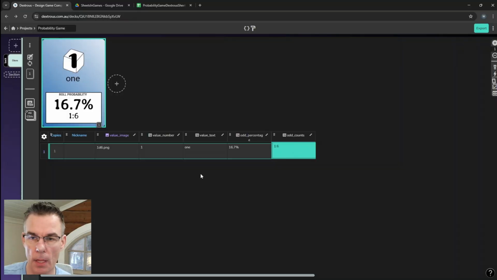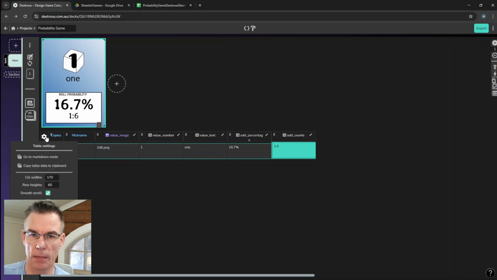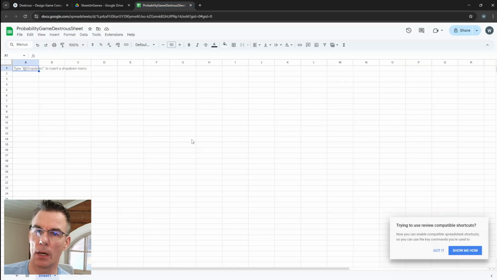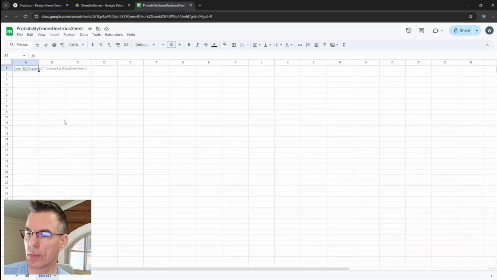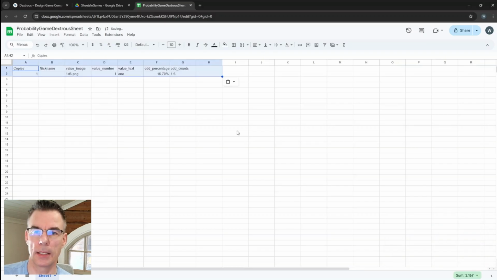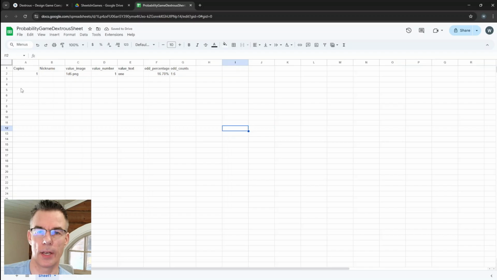So usually I want a template first, so I'm using this card that I have here as a template. I click here and say copy table data to clipboard. Then I go to my Google Sheets and just paste it here, and we have all the data.